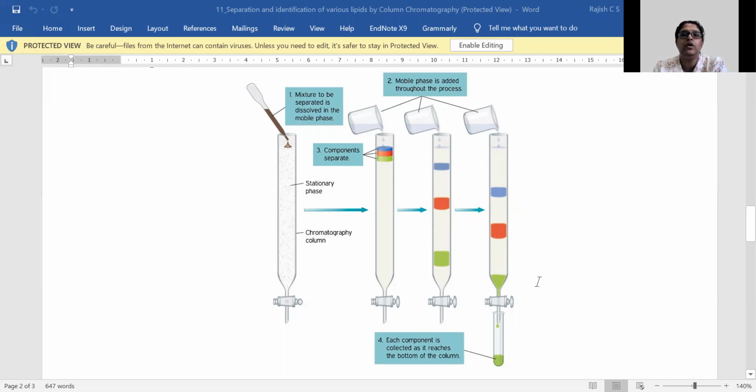But otherwise, we will have to identify them using thin layer chromatography, or further analysis techniques like HPLC will need to be done in order to identify the properties of those components. So this is a process that can be used to identify the bioactive components of mixtures as well. Like if you have a plant extract and you want to isolate the different bioactive components, then column chromatography and HPLC are the two main methods that are used in order to do this.